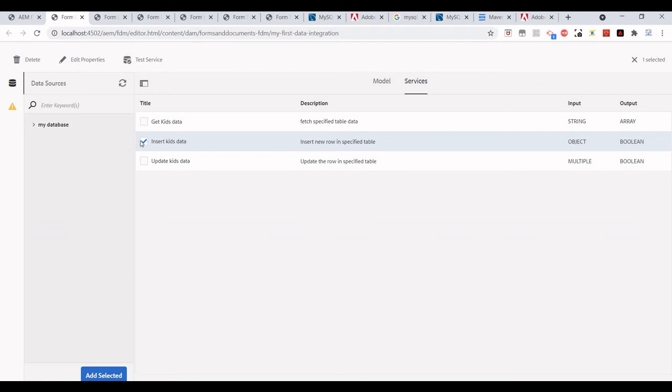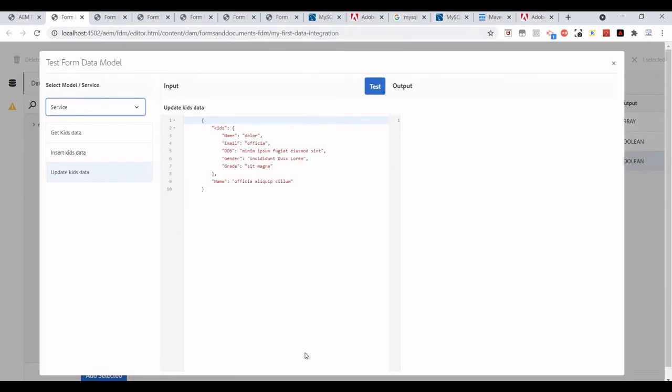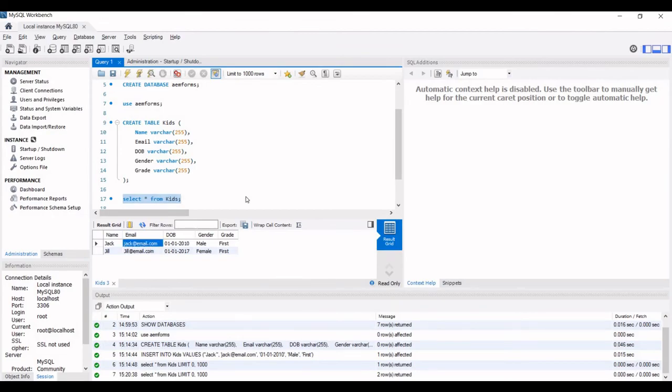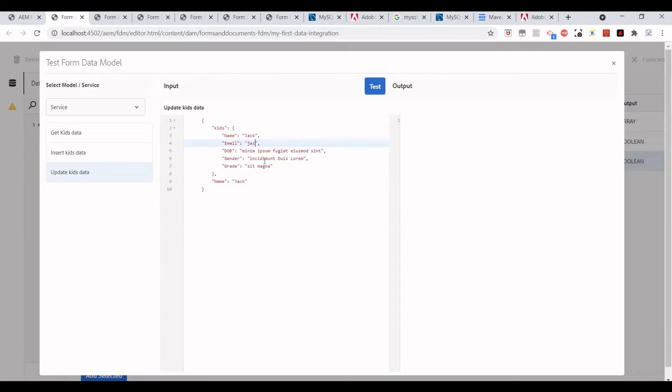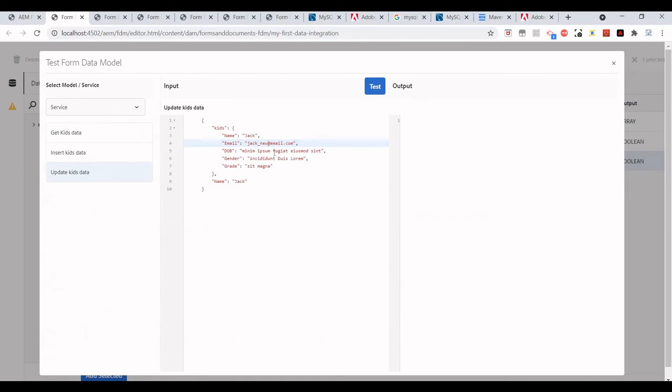Similarly, we can use update kids data as well. I think the primary information we are using is name. So for example, for Jack, where the name is Jack, I want to update it where the name will still be Jack, but the email right now is jack@email.com. Maybe I want to update it as Jack new, with date of birth 01/01/2010.